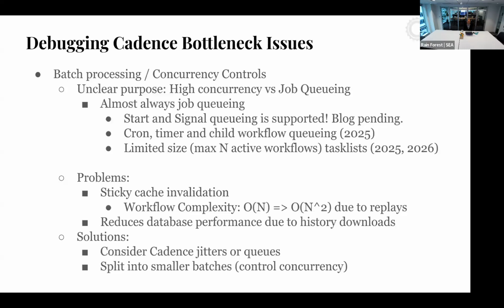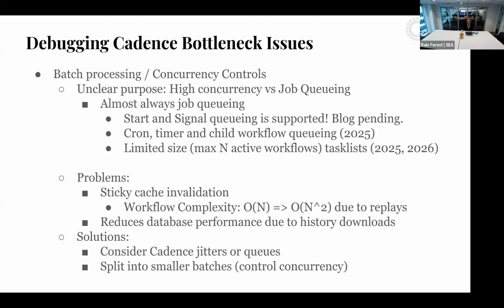So the first part is ready. Start and signal queuing is now supported. This is a very recently finished feature. We are going to release a blog about this, and then you'll be able to use it in your workflows. This will actually save a lot of back pressure from your own Cadence setup. And then the other things that are going to come in early 2025 are Cron queues or Cron trigger queues, however you want to call them. If you have a million Crons that are triggering at the same time, we will be able to queue them. This is the same for timers and child workflows. And then the last one,